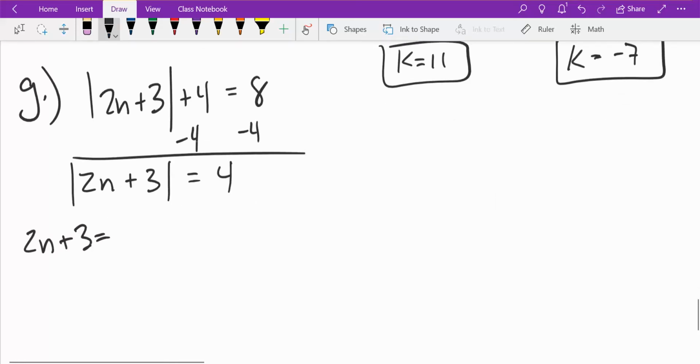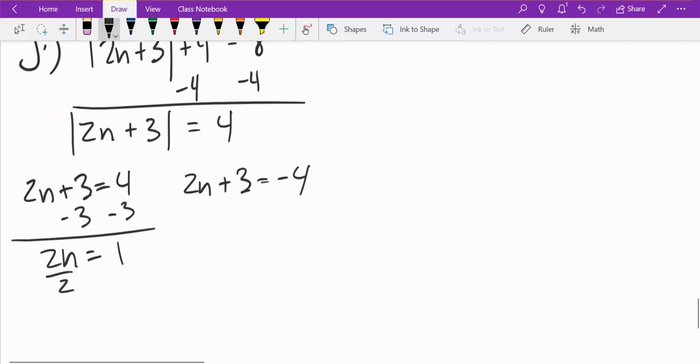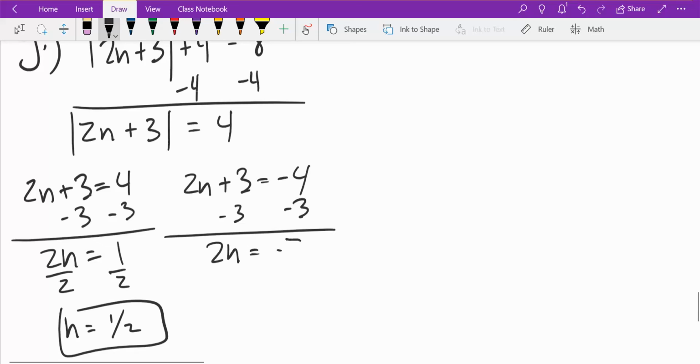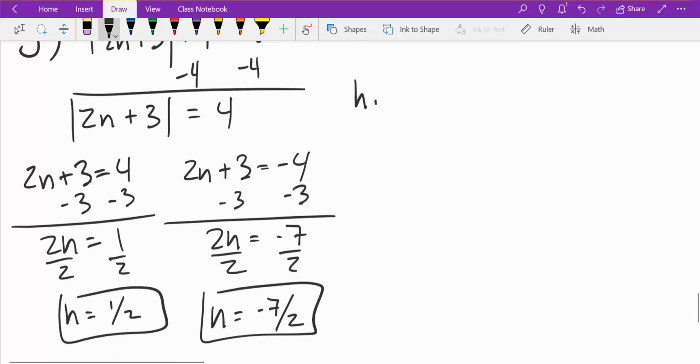2n plus 3 equals 4. 2n plus 3 equals negative 4. Subtract 3. 2n equals 1, divide by 2, n equals 1/2, subtract 3, 2n equals negative 7, divide by 2, n equals negative 7/2. Alright, so that's G, so H is going to be the absolute value of 5